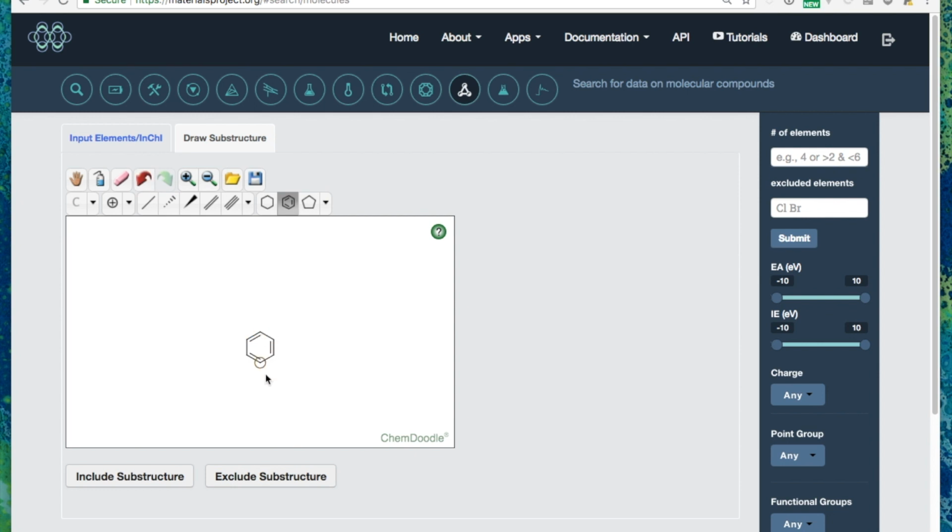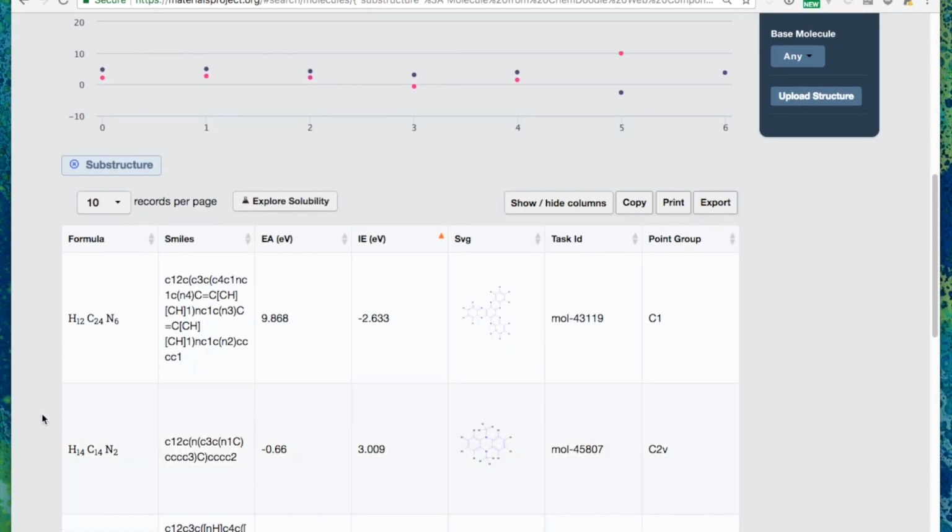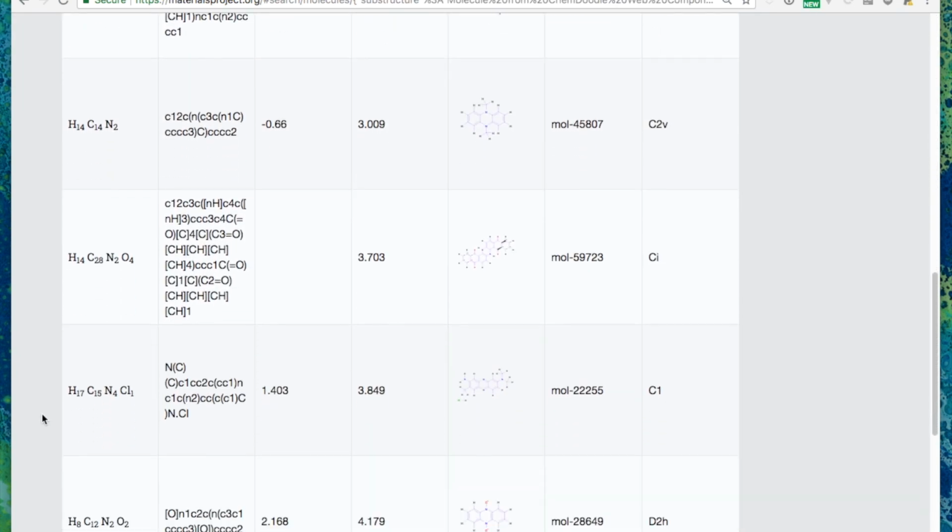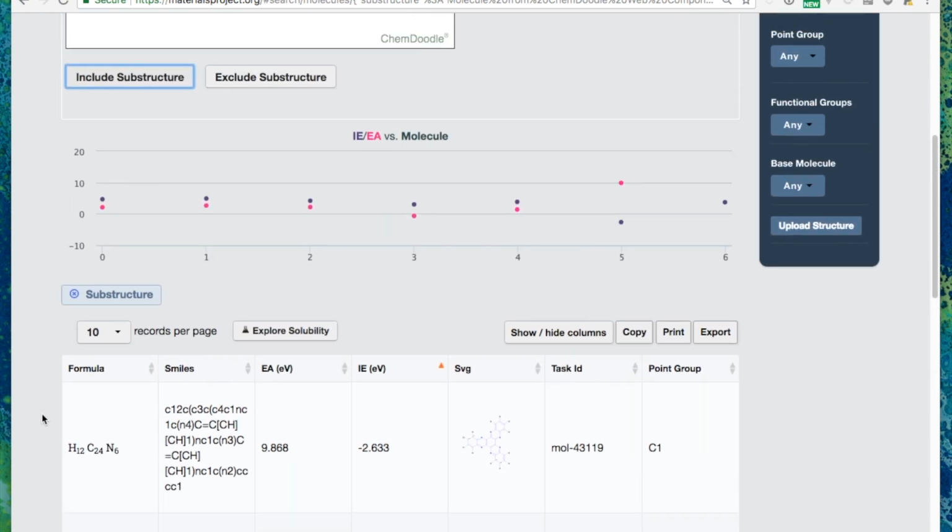Here I will draw a pyrazine ring, and let's flank it by a couple of benzene rings and include that substructure, and we find a bunch of molecules that use that. I'll examine the one with the highest ionization energy or ionization potential,